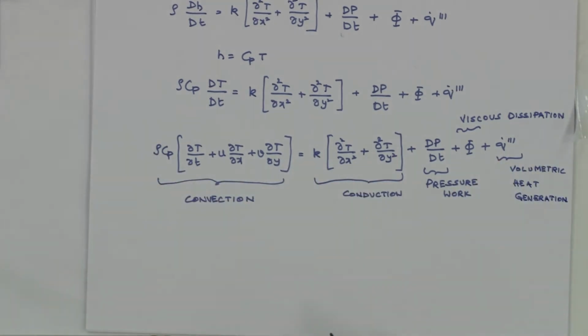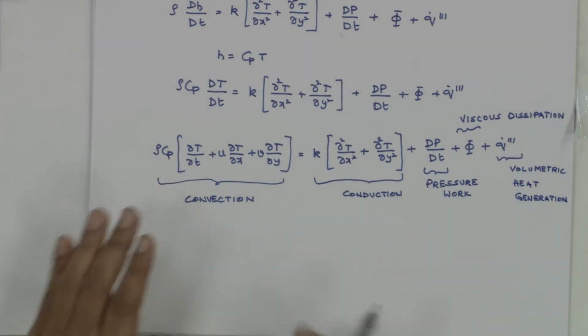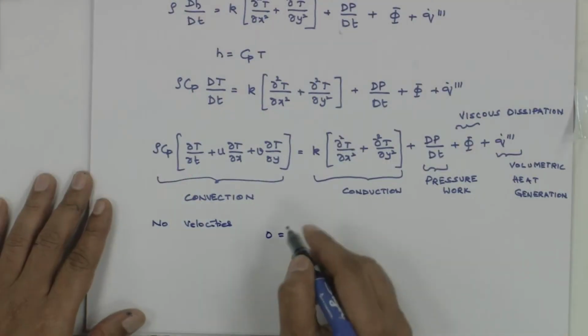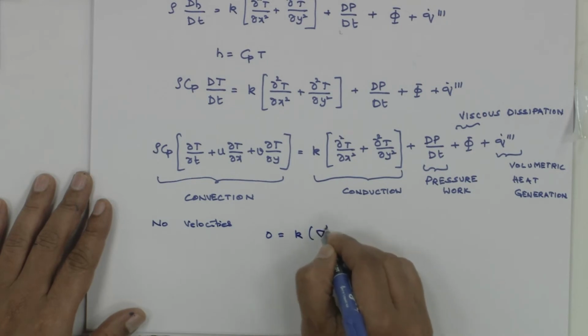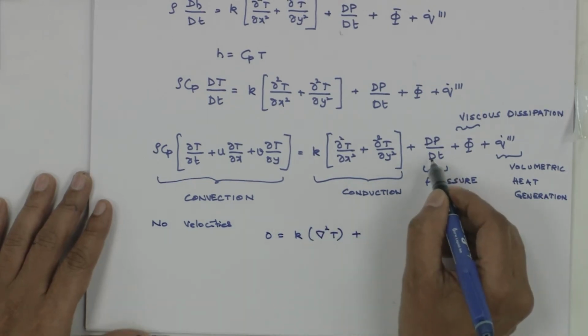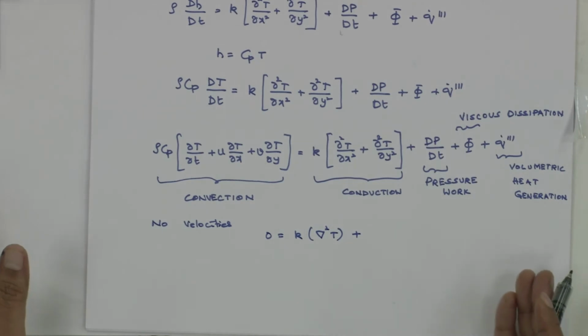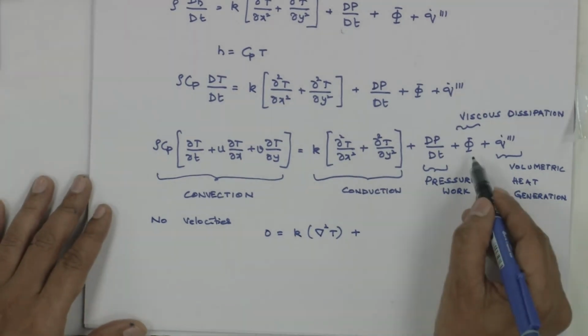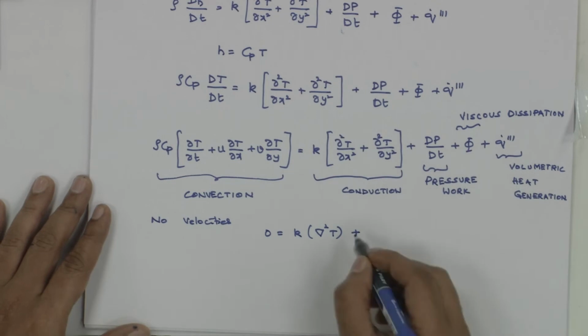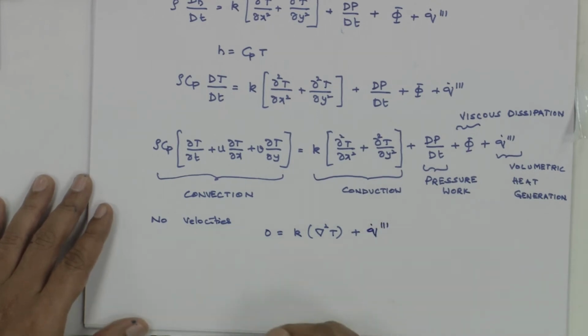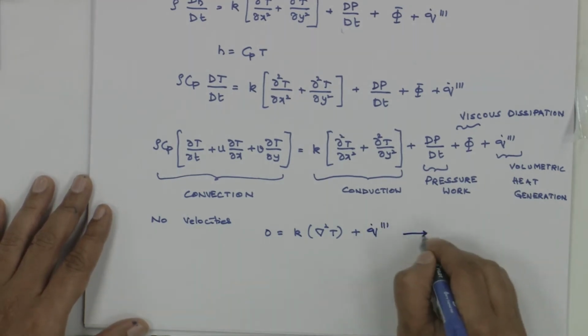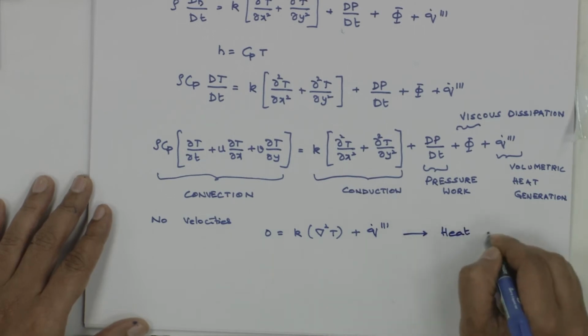Now, actually, if you just make the convective term 0, that is, let us say no velocities, what will happen? Left hand side is 0, then right hand side will be K del squared T. What will happen to the dP by dt? There is no velocity. So, that will also become 0. Viscous dissipation is 0 and if you have heat generation, it remains. What is this? This is nothing but my heat diffusion equation which we derived